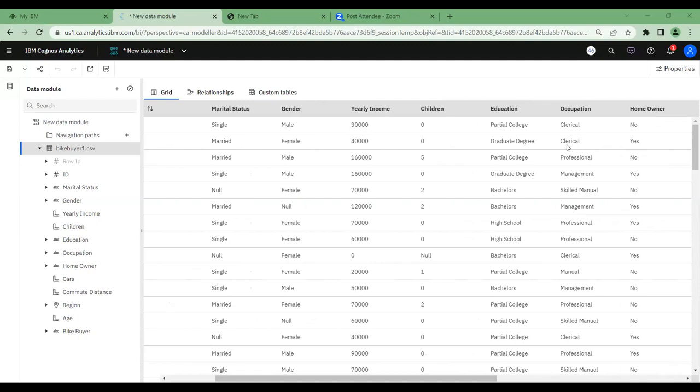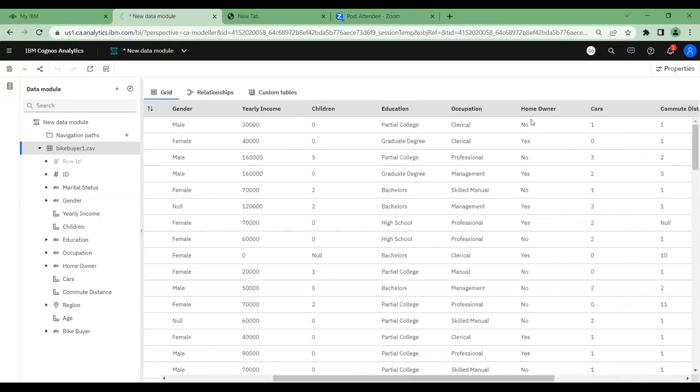The job occupation of the individual, and similarly whether they own a home or not. A no indicates that the individual doesn't have a home. Yes indicates the respondent is a home owner.